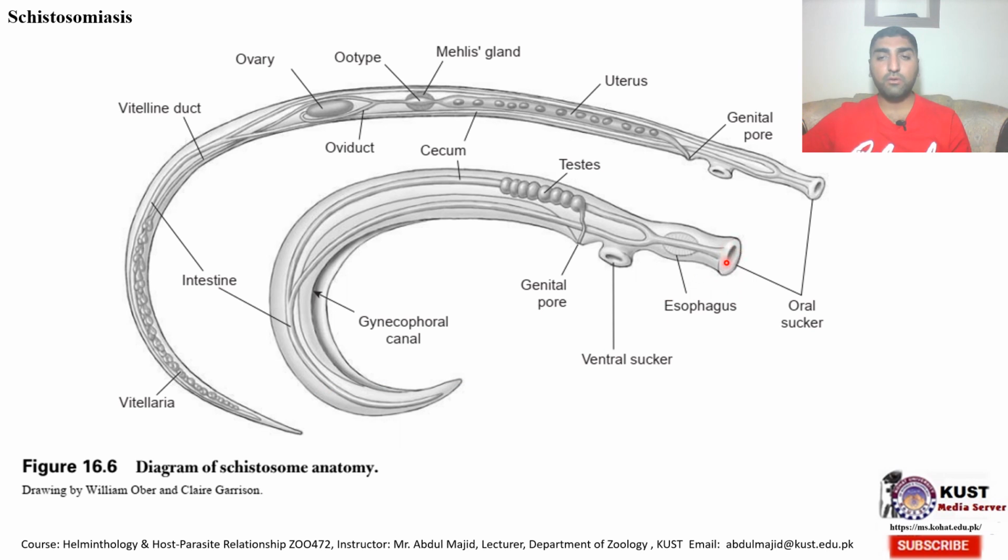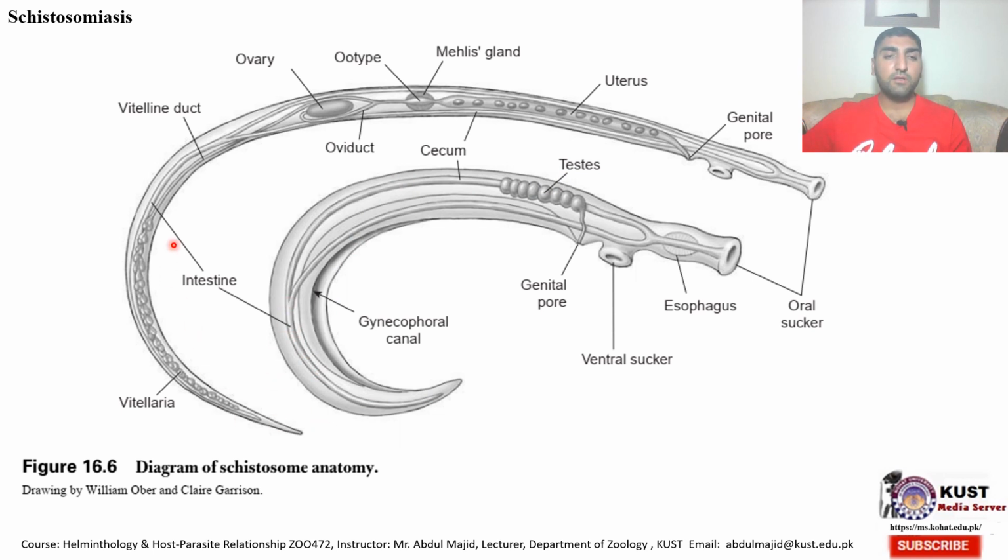This is the oral sucker, and this is the ventral sucker. This is the esophagus. Then this is the genital pore through which the sperm are released. These are the testes, and this is the cecum, and this is the gynecophoral canal, and this is the intestine